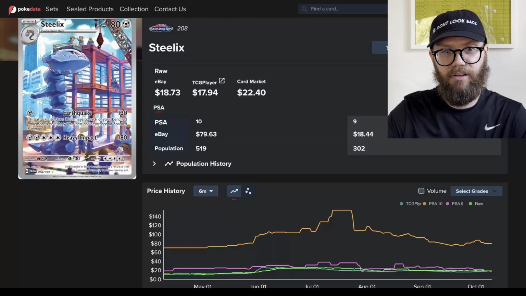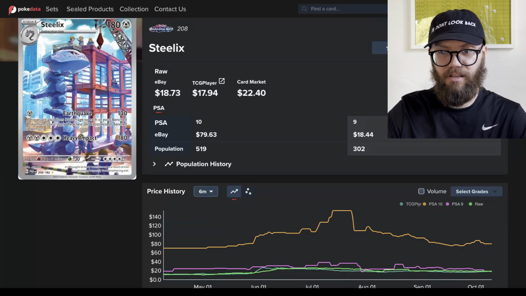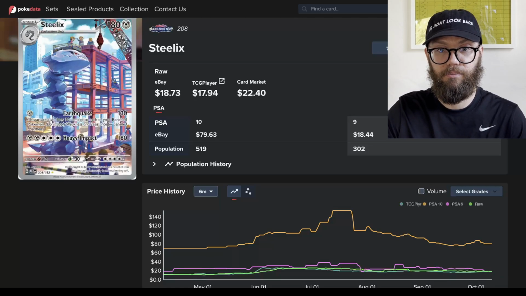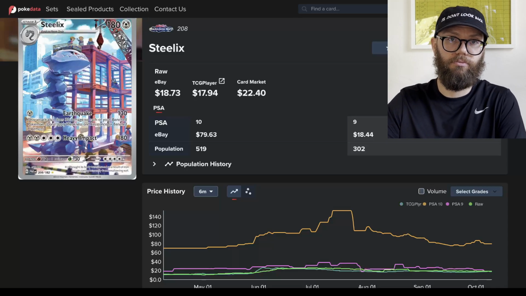Right now it's selling for about $19 raw, in a 10 about $80. This might be a card that, as a collector, you'd probably just want to pick up in a 10. It's quite cheap for that price. Paradox actually did have some fairly good print quality, so if you can find gradable copies, I always